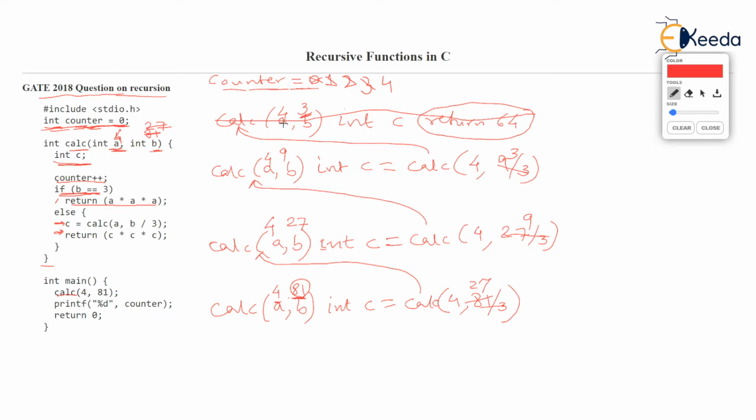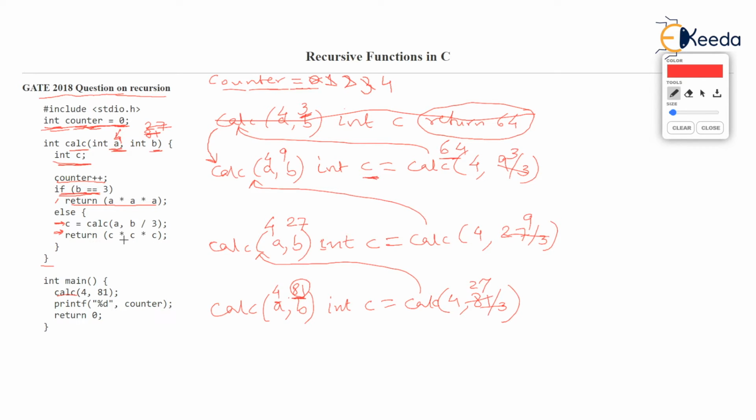This else doesn't run, and after that, there is only the end of the function. So the function calc 4 comma 3 has returned 64 and the calling function will resume, isn't it? The calling function resumes, and what has the function returned? 64. 64 is returned at the call. And now the interesting part is C becomes 64. Still the story has not finished. Check that. This line said C should become equal to the result of calc. So C has become 64 and now it is saying return C into C into C.